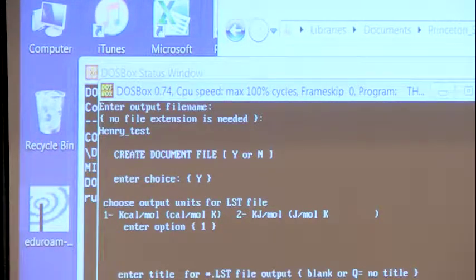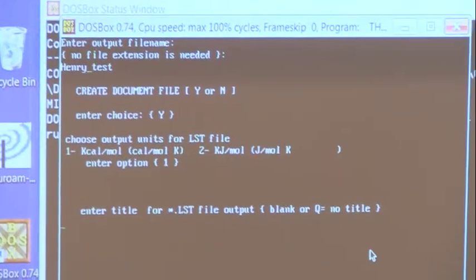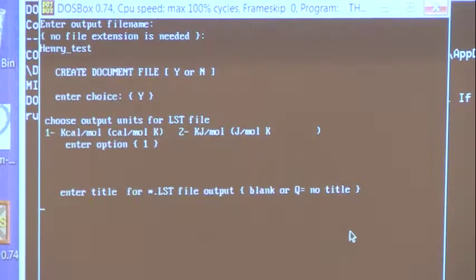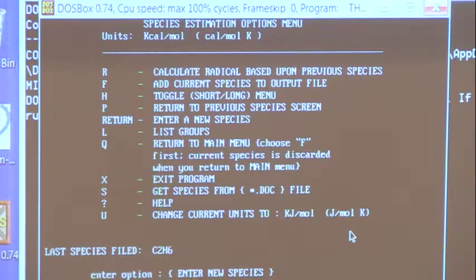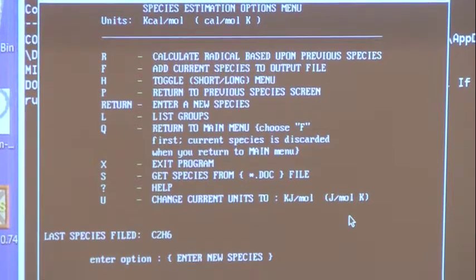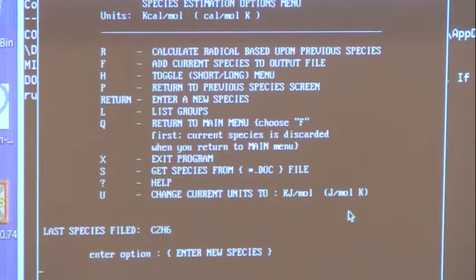Enter title for the list file. If you don't enter anything, it'll take Henry underscore test. So we're going to have 2 files, a doc file and a list file with the same name, and we want to keep them the same. So that species has now been filed. Now, enter option. If you hit enter, you do a new species, or if you hit R, you get a radical. So let's do the radical first. If I type R for radical,